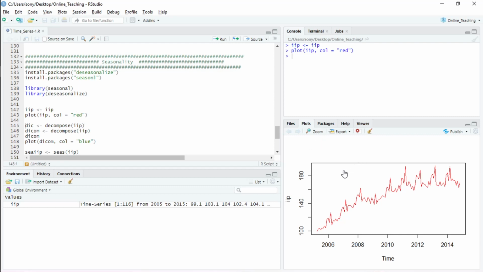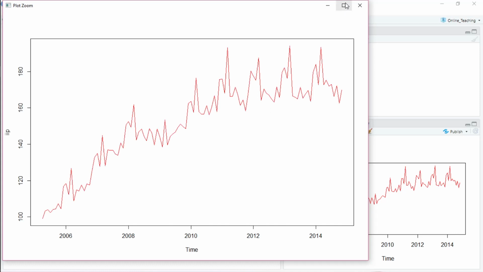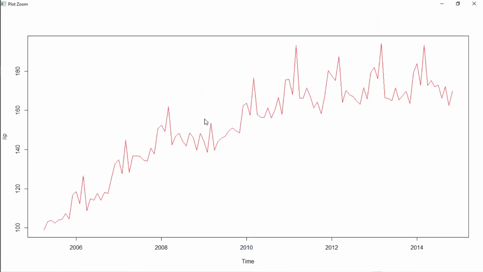If you look at the series, you will observe a pattern. See, if you observe, at the beginning of every year, since it's monthly data, I can't exactly say in which month, but at the beginning of a particular year the index of industrial production is going up, and at the end there is a down.